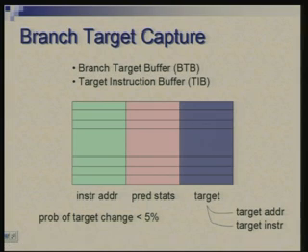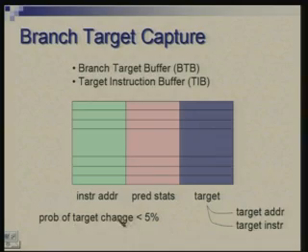All these things we are doing in anticipation, and we of course have to make sure that what we anticipated or predicted is really correct. But it allows us a way of doing it early most of the time. So, typically, for example, the probability of the target changing could be less than 5%, and therefore, at least 95% of the time you are doing it fast and you are doing it correctly.